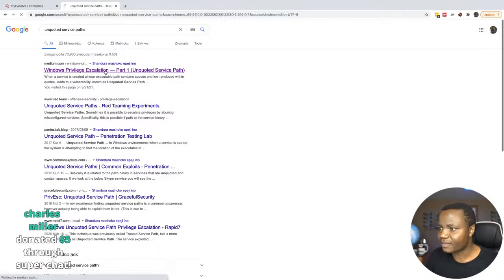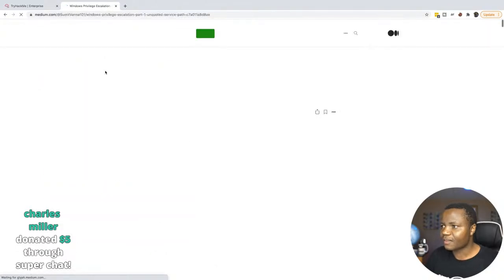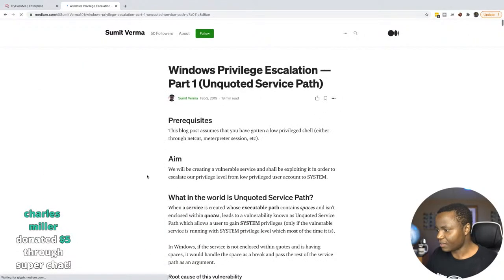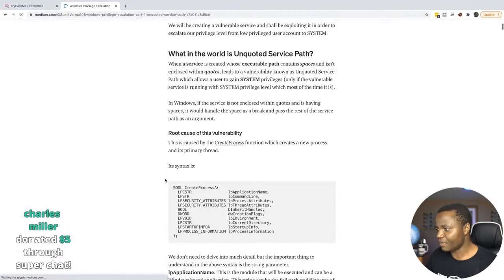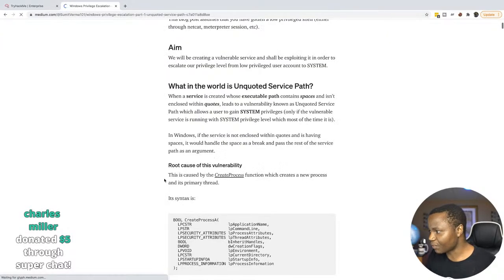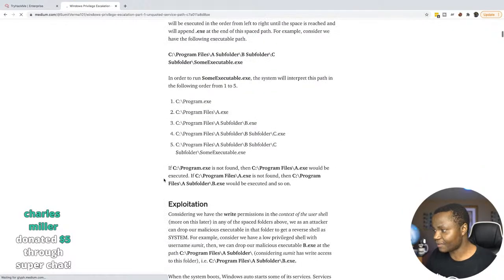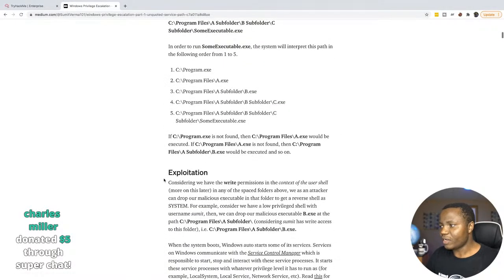Look at that. Isn't the internet just great? You find something about a service, even if you've never heard of this. Here is a blog post that will explain it, and I will tell you what this is. Windows is very sensitive to spaces. So you see, it says C, Program Files, then we have a subdirectory, then we have this executable. If you wanted to execute this executable, and we gave this absolute path, if we did not properly quote this